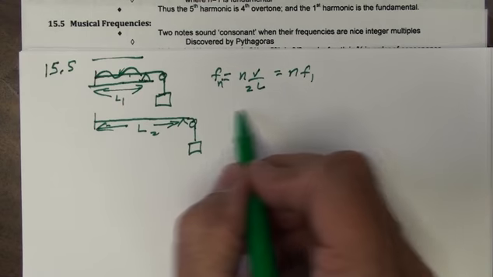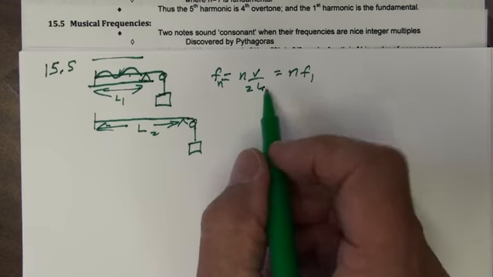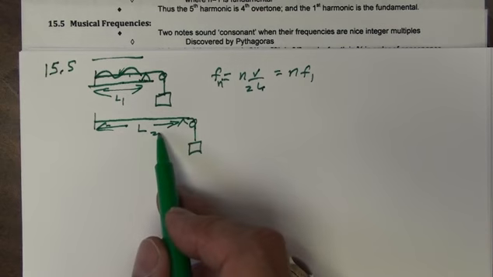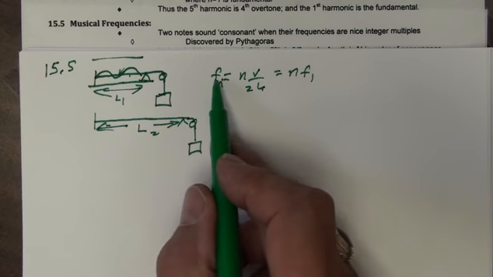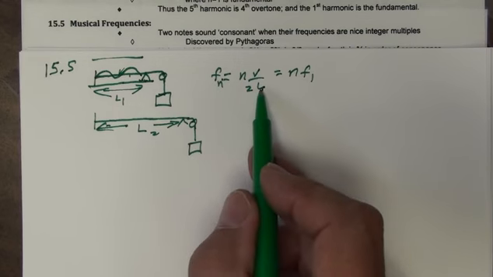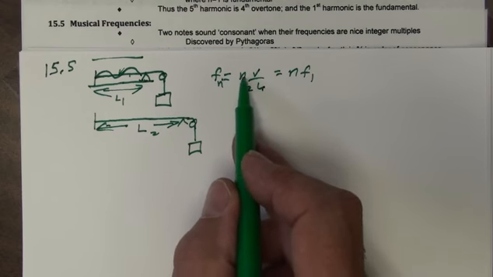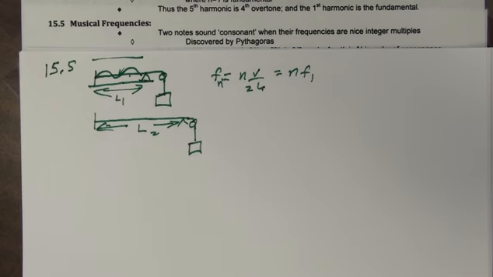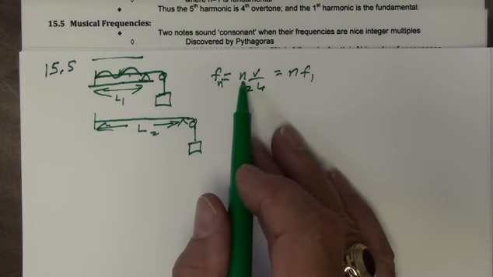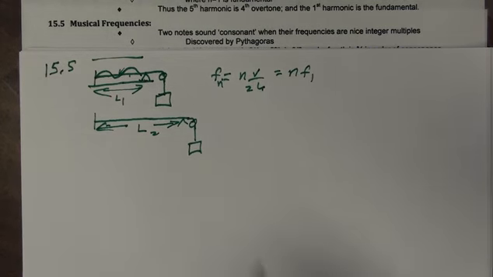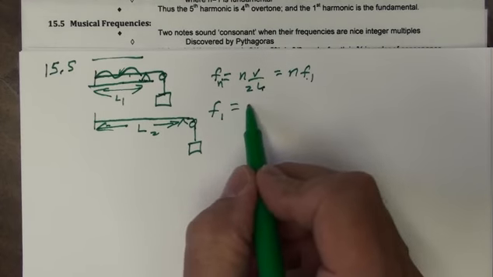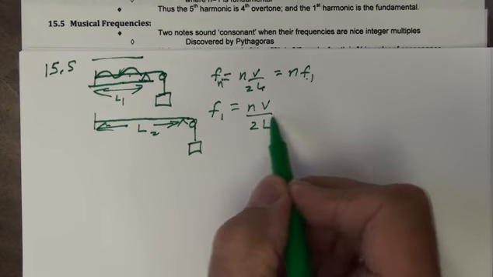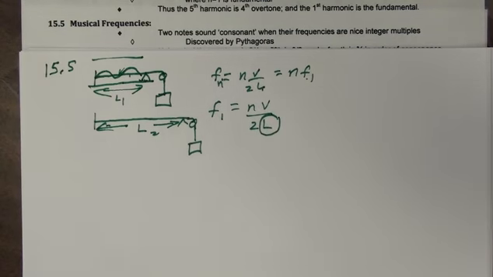And down here he got the same result, but he got it for a different length. If the length down here is twice as great, or 3 times as great, or 4 times as great, or say half as much, or 1/3 as much, or 1/4 as much, then it would correspond to these various harmonics. Just like changing this integer and looking at the overtones. So this was a way actually to look at his first frequency, which was N V over 2 times L. And here, we're not looking at the higher harmonic so much as we're looking at the difference in length between